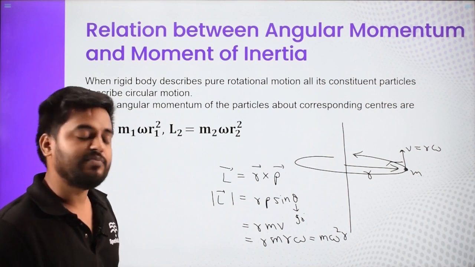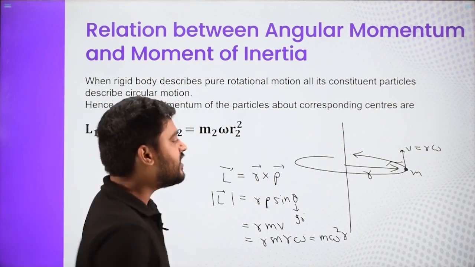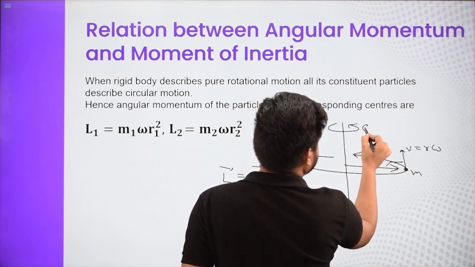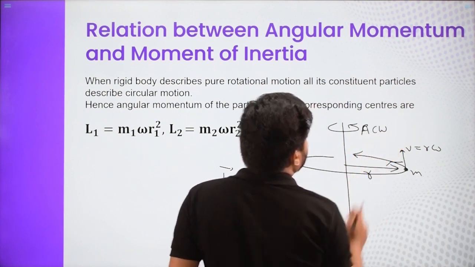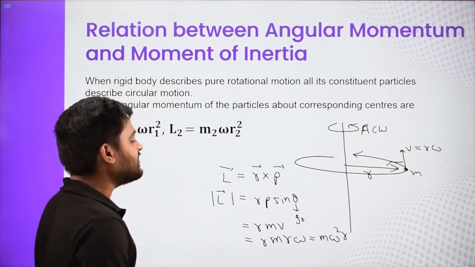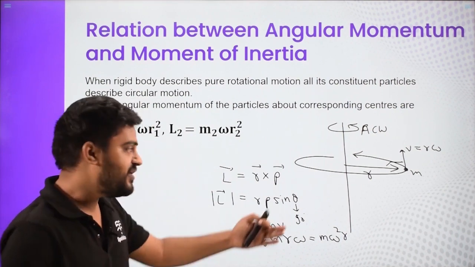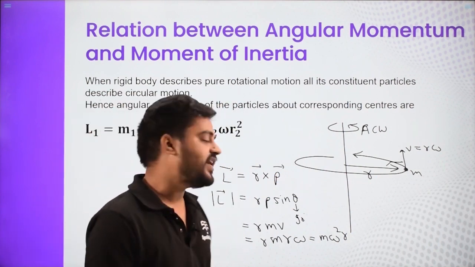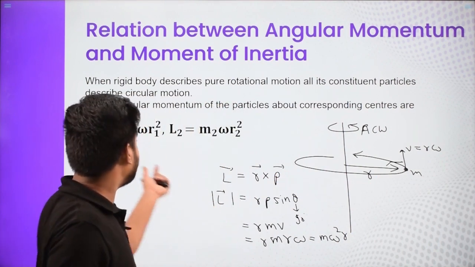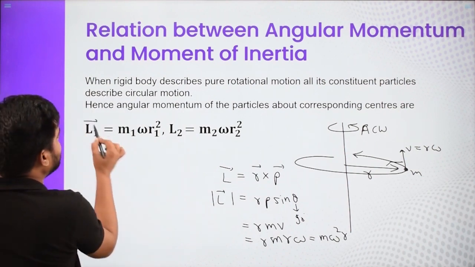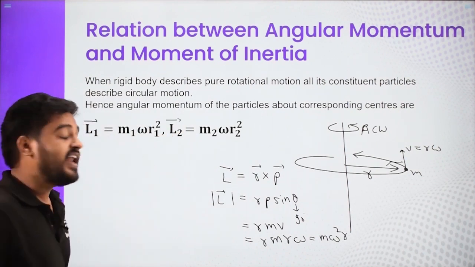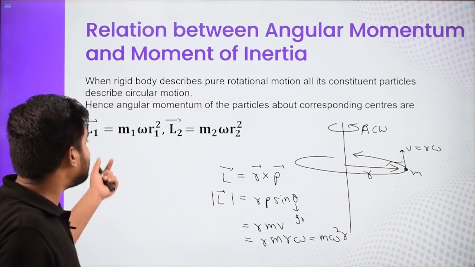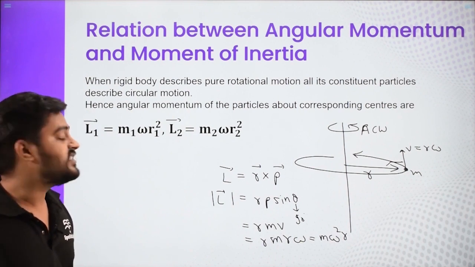Now, the direction of angular momentum. If the rotation is clockwise or anti-clockwise, then all the particles will be doing the same kind of motion. All will be either clockwise or all will be anti-clockwise. So we can simply add the angular momentum. They are vector quantities, but when I need to add vector quantities which all have the same direction, we can directly add the magnitudes because the direction is already the same.